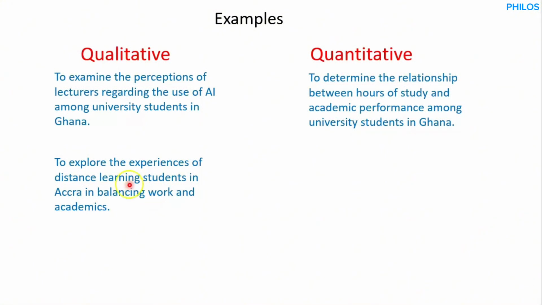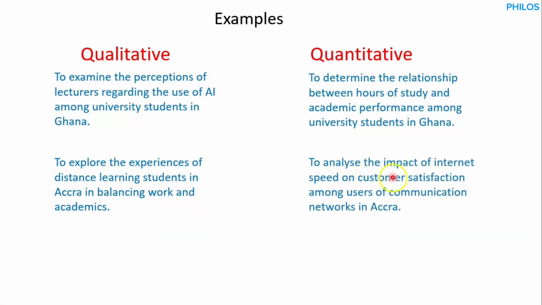So in that case, your research is going to follow a qualitative approach. Then if your objective is something like to analyze the impact of internet speed on customer satisfaction among users of communication networks in Accra. You see this, customer satisfaction rate, okay, internet speed. So this is going to follow a